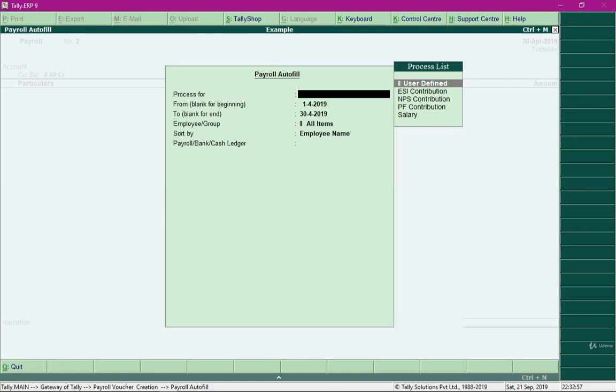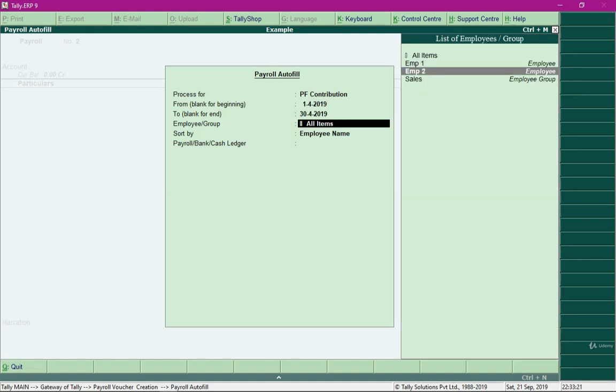Now in the field process for, this time select the option PF contribution. So earlier to process salary we selected the option salary. Now we are required to process PF contribution, therefore we will select the option PF contribution. Now specify the pay period, which is for the month of April, and specify the group whose employees PF contribution